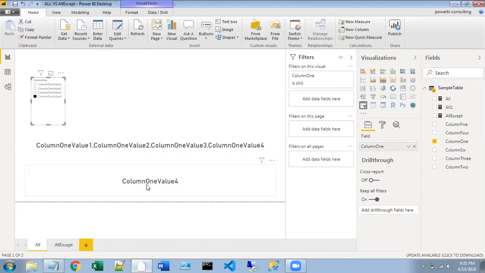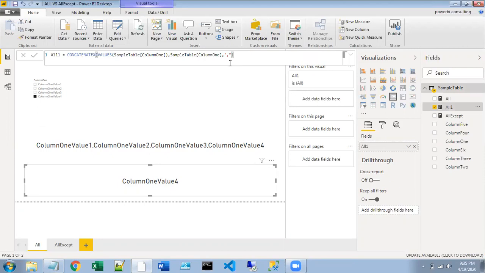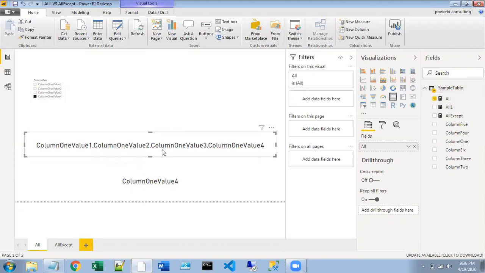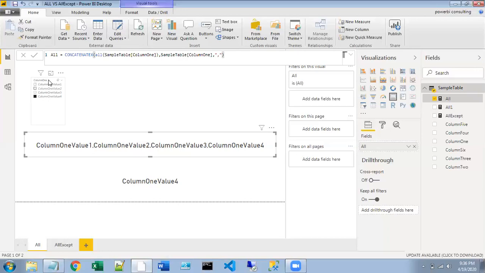You see here the same is being displayed. The measure I have is this VALUES function. The VALUES function works based on the filter context. As your filter context is this value, I have just concatenated it. As you have only one value, that is fine. But if you see this ALL function, I'm doing the same ALL of the column name. Whatever you select here, this measure just ignores the selection and displays everything.